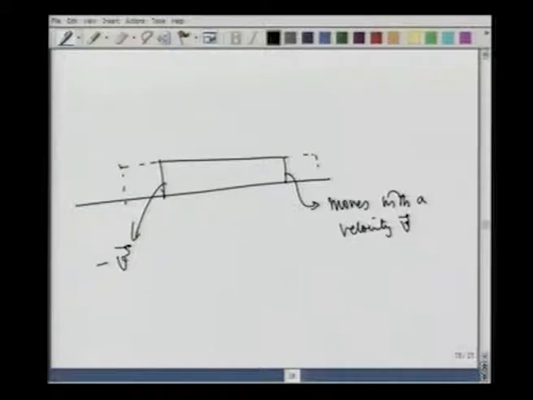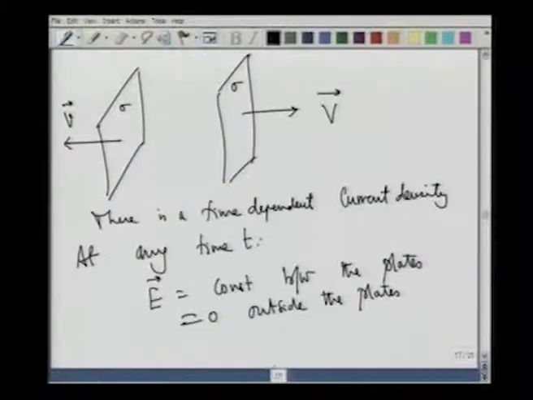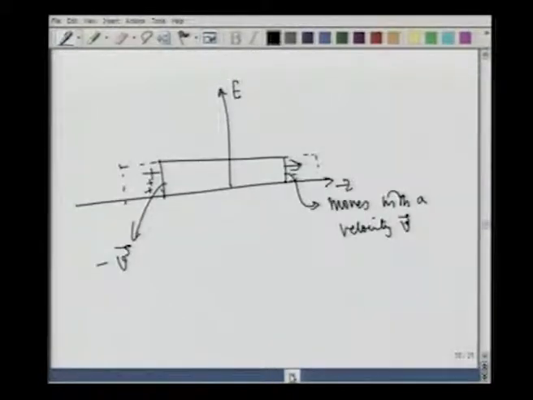Now I ask, what is my magnetic field? So I have my E, and then I have this as a function of z. E is along this direction here. Suppose this is positive and this is negative. Maybe I should go back and look at this. If this is plus sigma, this is minus sigma, because I want the field to be only between those two areas. So electric field is from plus to minus, so the field is in this direction.